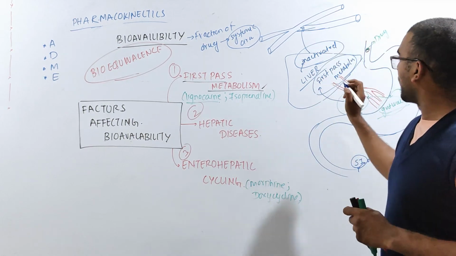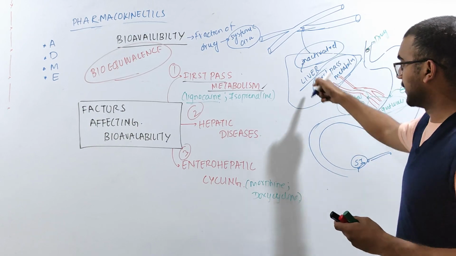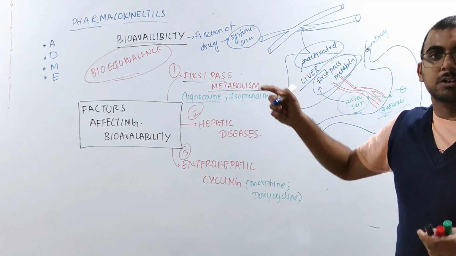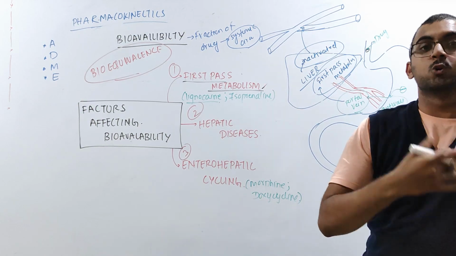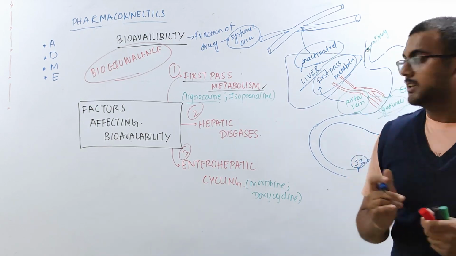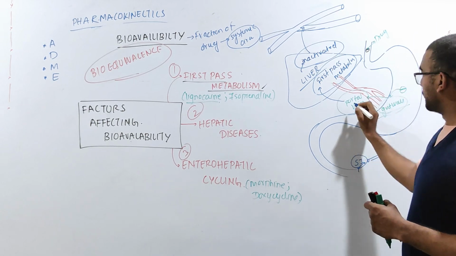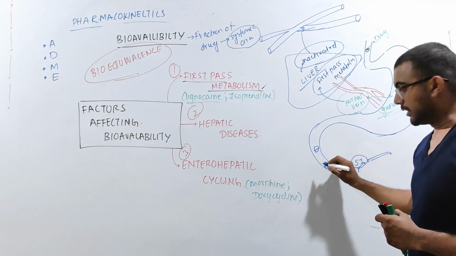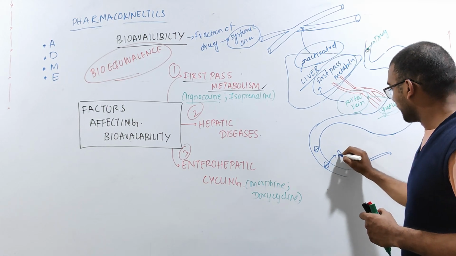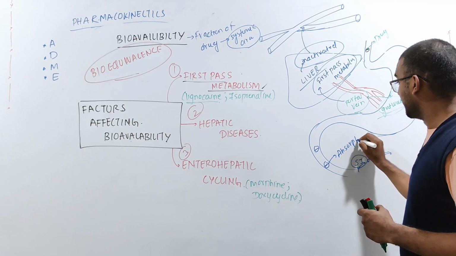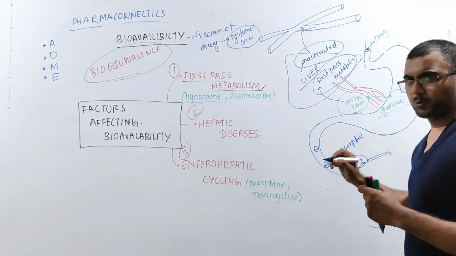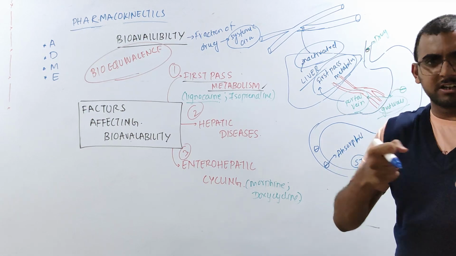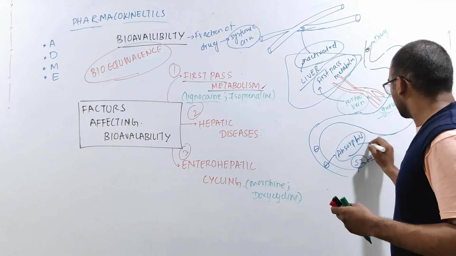Now, what is going to happen in this? This is your first pass metabolism. But actually, what should have happened if you want good bioavailability? The drug, instead of going to the portal vein, should go to the small intestine. From the small intestine it will be absorbed, in the villi. You know what the villi are. They are going to absorb the drug. Then this is going to enter inside the